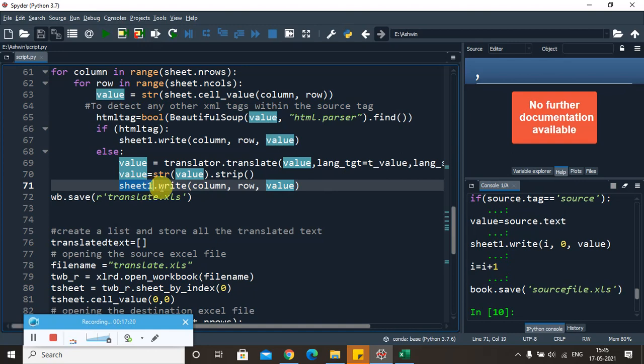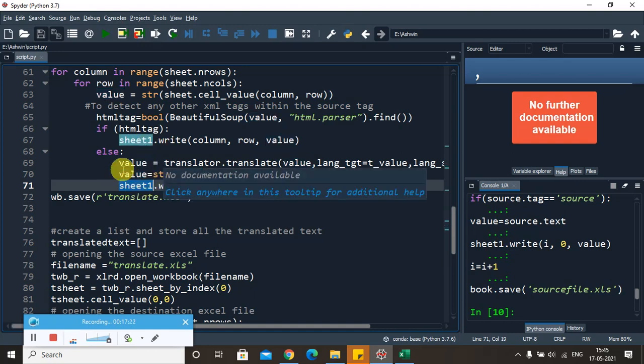Due to this it will go to each column, each row one by one and fetch the value. If that value is not an HTML tag, it does the translation. If it is an HTML tag, it does not do anything, it simply stores the same text in the respective Excel file.